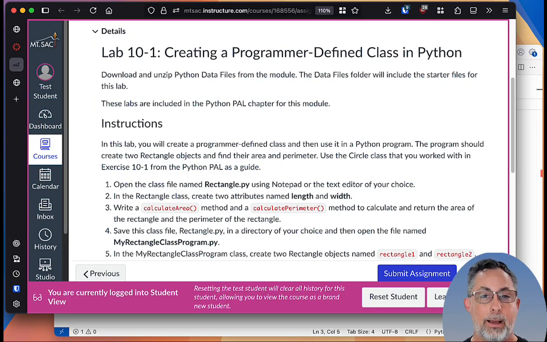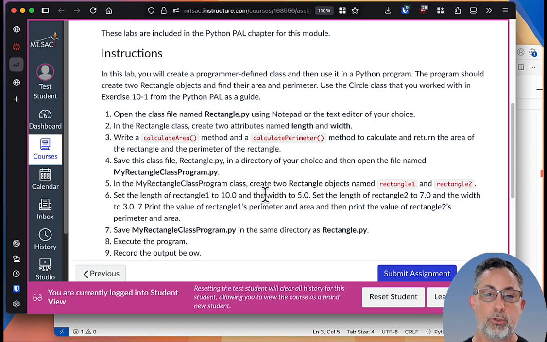Let's take a look at Lab 10.1, creating a programmer-defined class in Python. This lab is going to use two files, rectangle.py and myRectangleClassProgram.py. In rectangle.py, we're going to create a class called rectangle that has properties length and width. We'll create two methods, calculate area and calculate perimeter, and those will be created and called in the myRectangle class